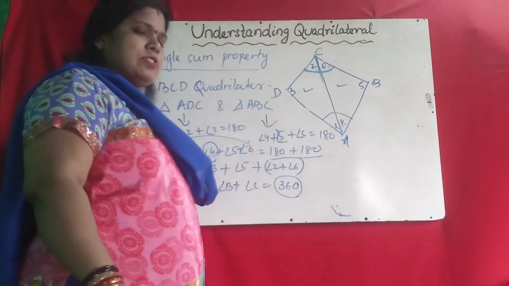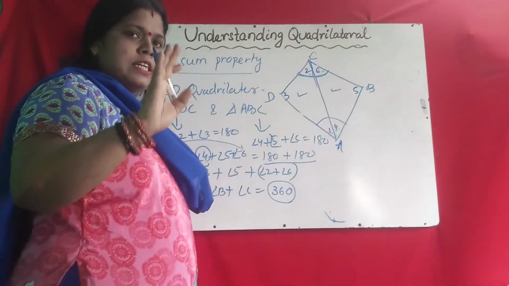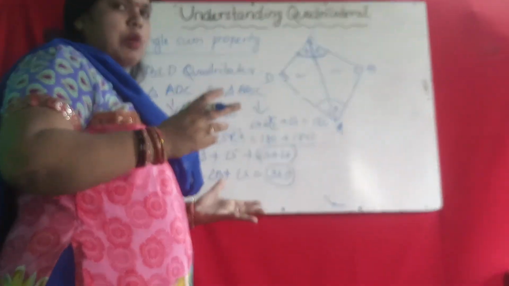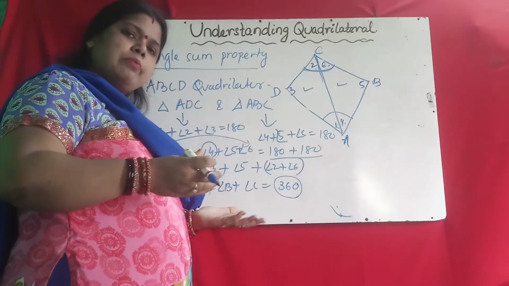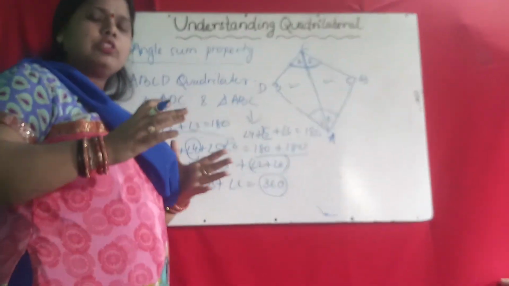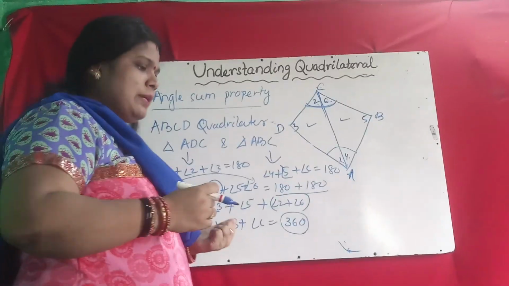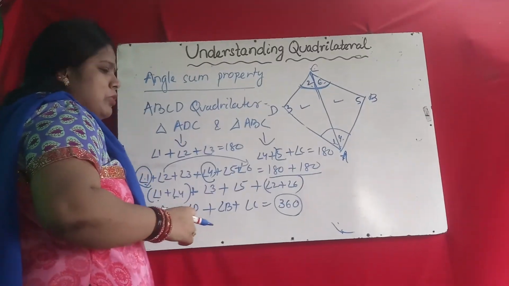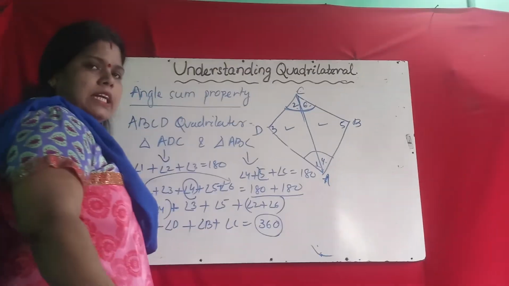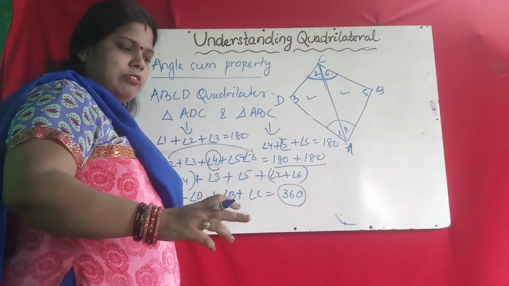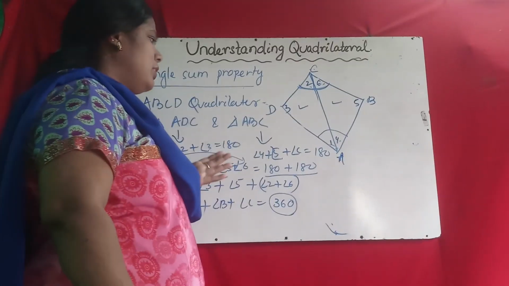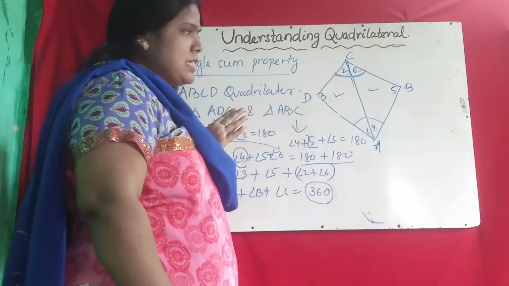A quadrilateral is a closed plane figure with 4 sides, and we have read about the different polygons. Polygons are also named according to the number of sides. A polygon is also a closed figure, but it has different names according to the number of sides. And what we read about different types of polygons: convex, concave, then regular, irregular polygons, diagonals. I hope you could understand all these things in today's video.